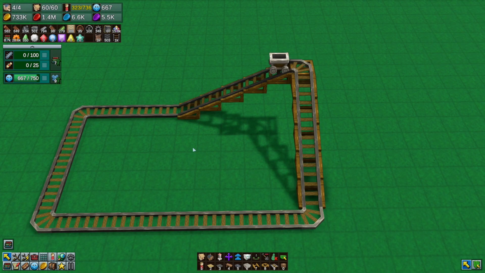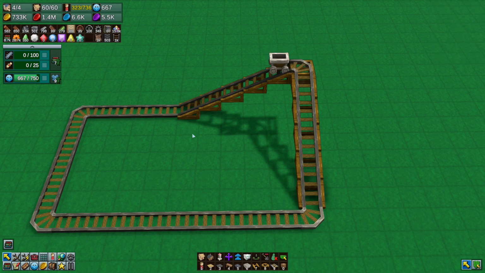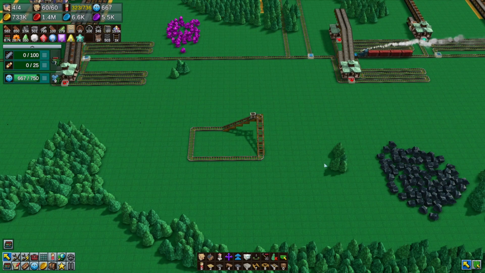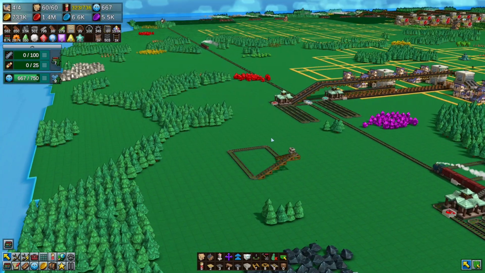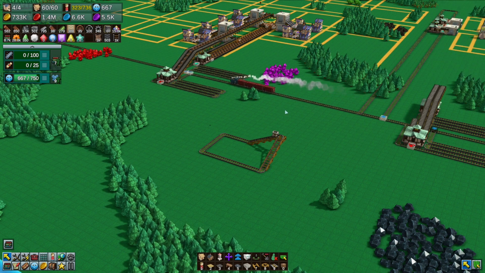A mechanical rail requires mechanical power from a steam engine, and it can basically build a rail that pushes minecarts uphill. That's the whole purpose of a mechanical rail. We have no use for it here because one, we're on a giant flat map, so we don't need it, and two, we've got locomotives, and locomotives can go uphill anyway. So